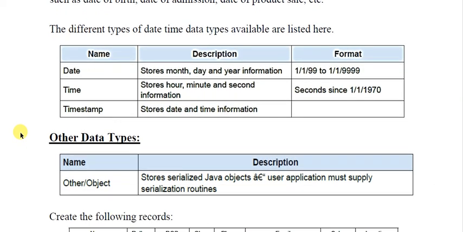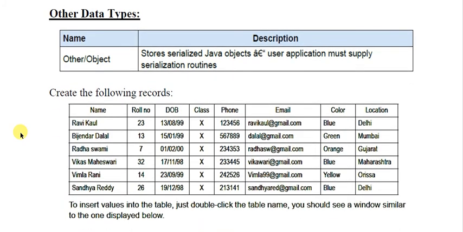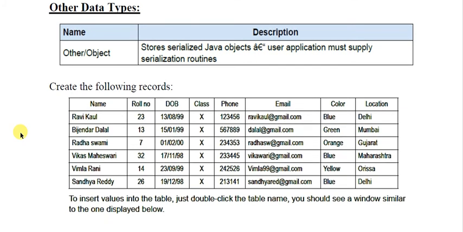Some other data types are also there called object. So if these are the values taken for a demonstration, how to enter these values in a table? You have to just double click the name of table you just created and start entering the values.